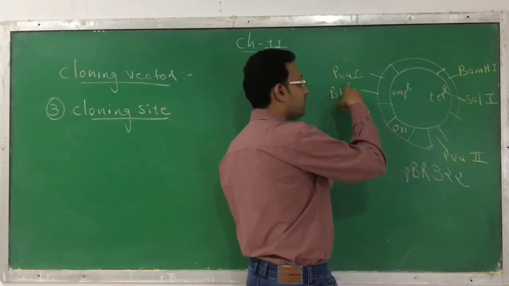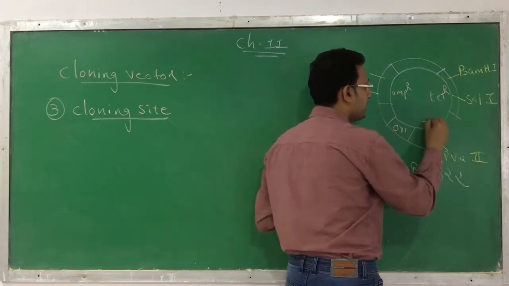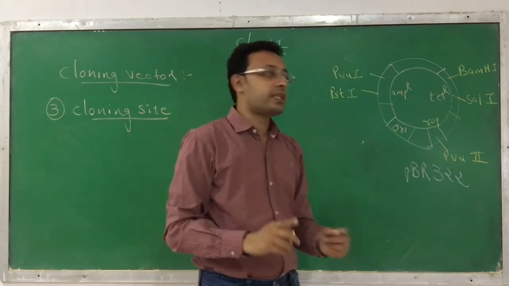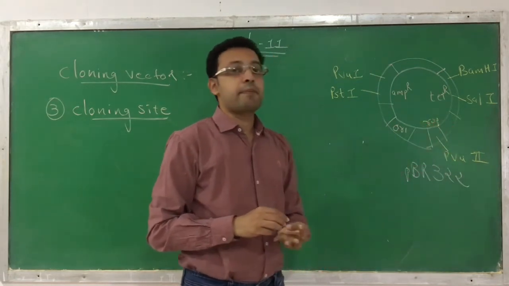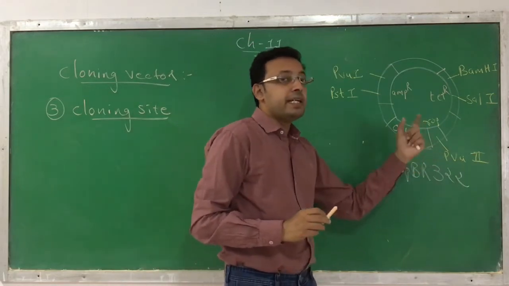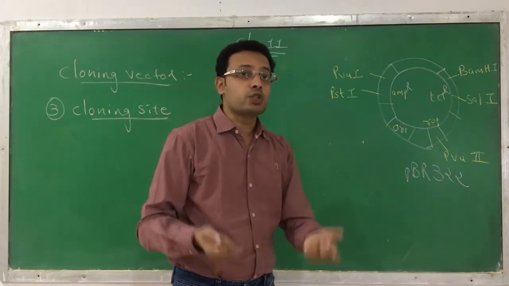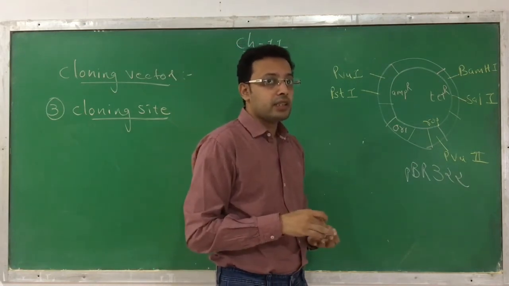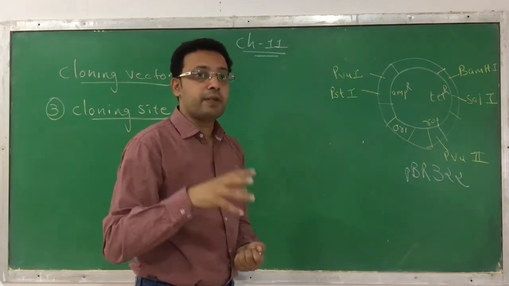PBU1 is over here. It contains a PBU2. It's called ROP. ROP is a protein which is required in the replication process. So this is the structure of PBR322, which was obtained from the E. coli bacteria. I am again repeating, what is the structure of PBR322?